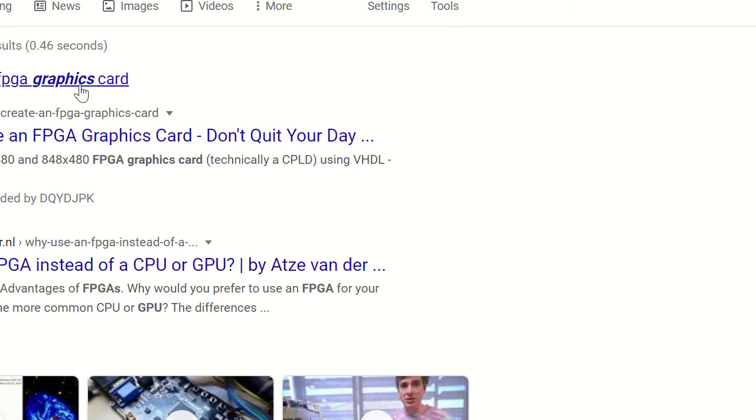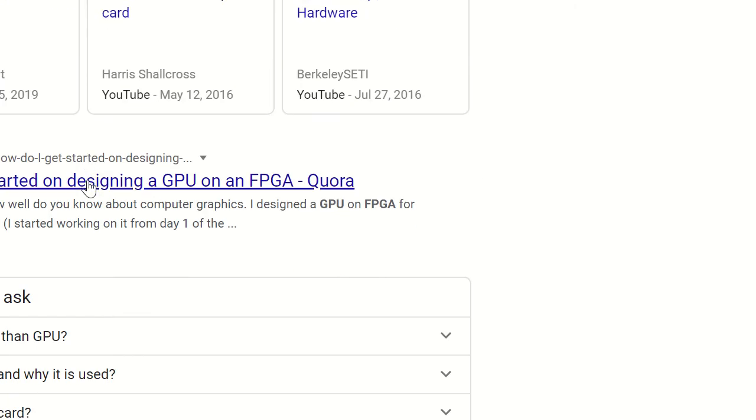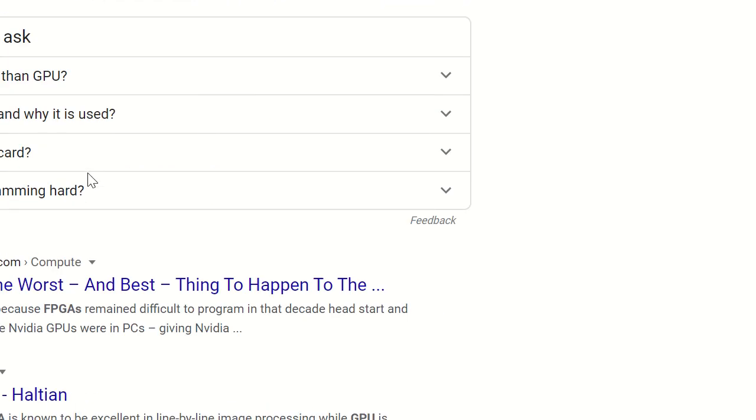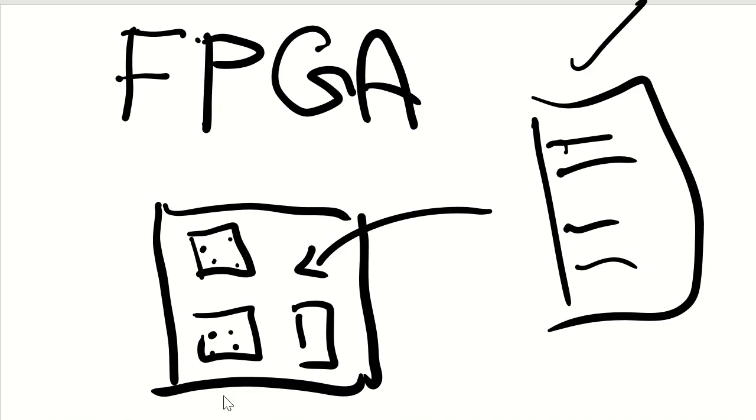How to create an FPGA graphic card. Don't quit your day job. Yeah, it is possible. Yeah, but good question. Okay. So